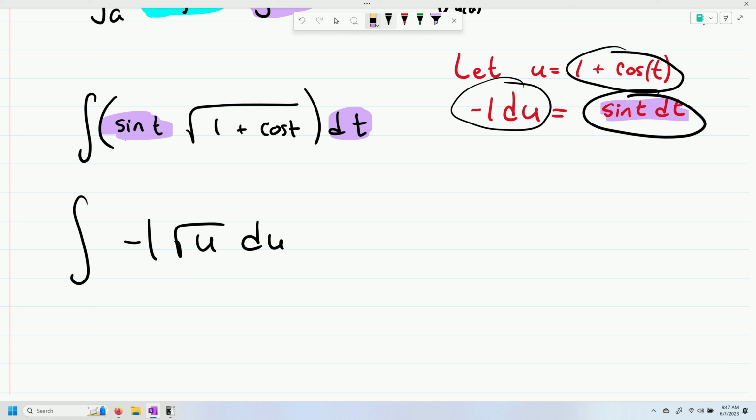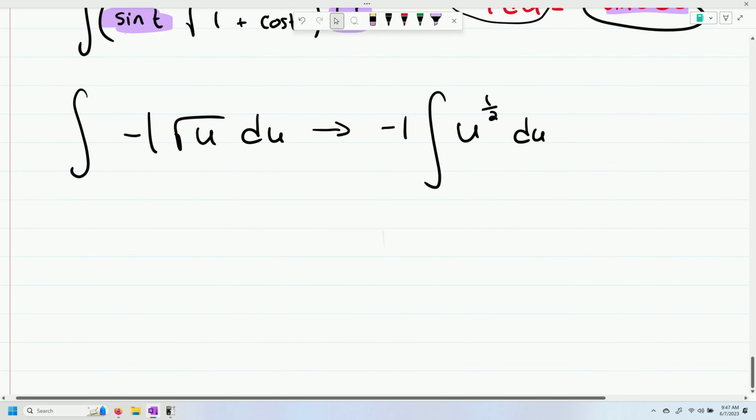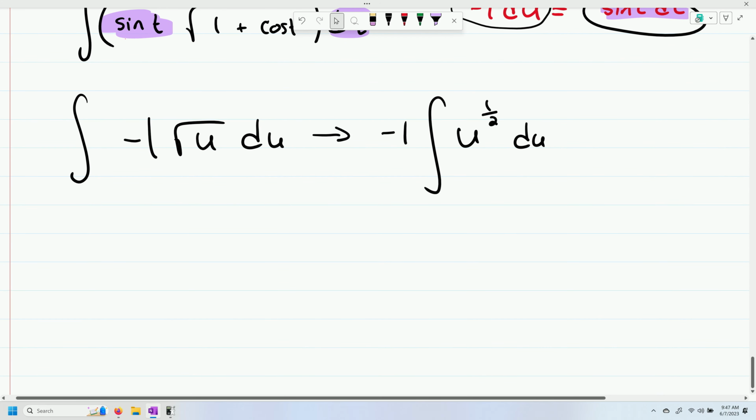And there's u substitution in all of its glory. That's what it does. It takes a composite function and its inside derivative and converts it into a simpler function that we can integrate. So I'm just going to go ahead, pull the constant out front, rewrite this as u to the 1/2 du. And now when I integrate this, I'm going to write the answer down here,